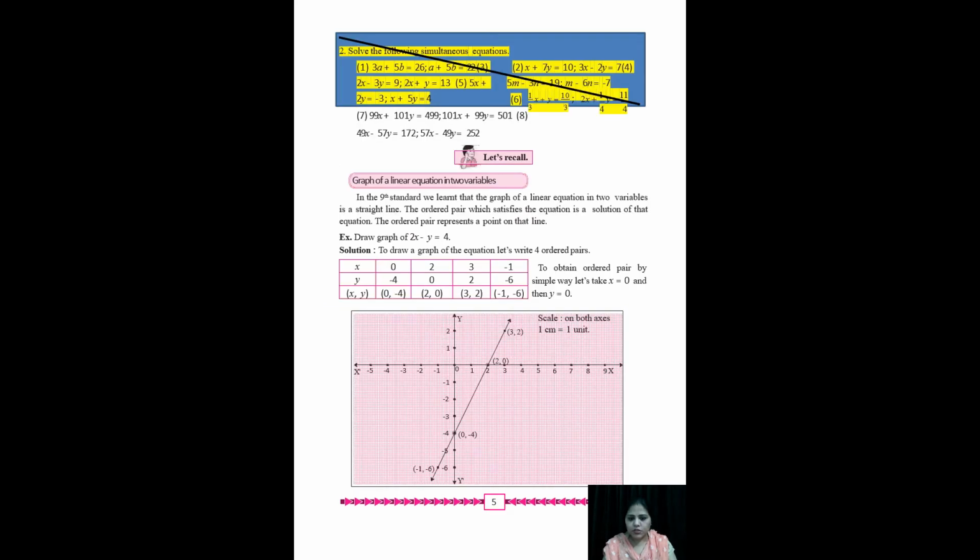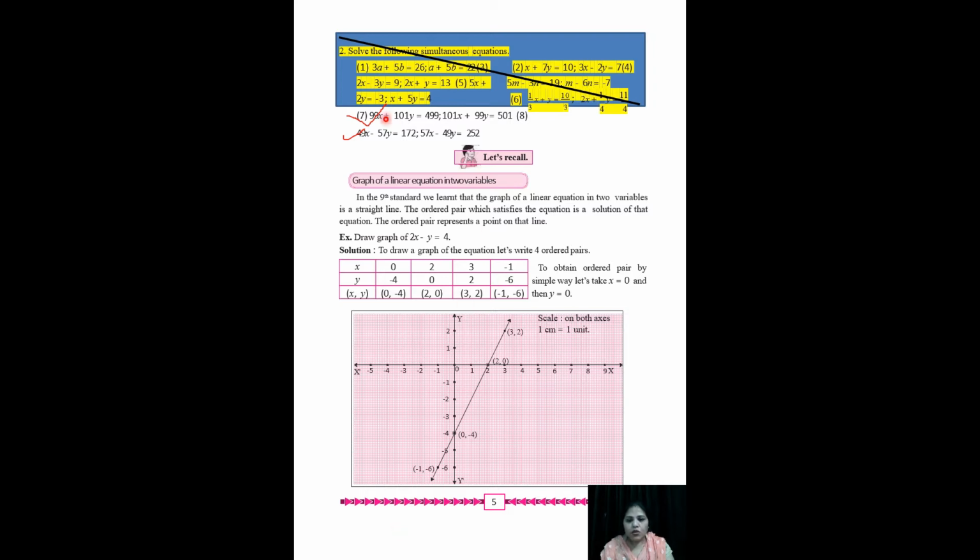Now we'll see the next page, page number 5. In practice set 1.1, question number 2, these 6 sub-questions, 1, 2, 3, 4, 5, 6, are reduced from your textbook. It means they will not be asked in your exam. But the 7th and 8th sums are still there. Only 2 sums are there in this exercise, the 7th and 8th, so don't cancel them. The first 6 sums are not there, cancel them.